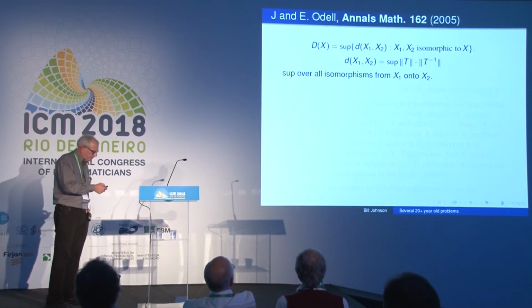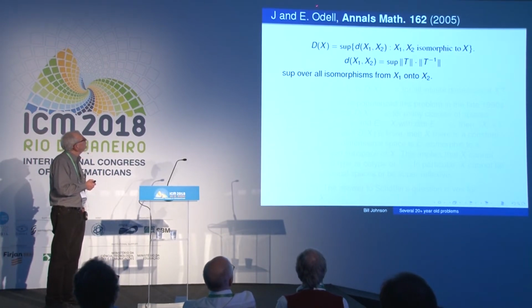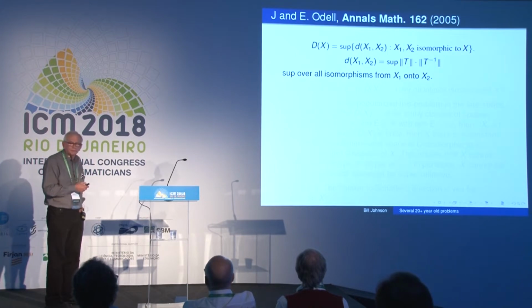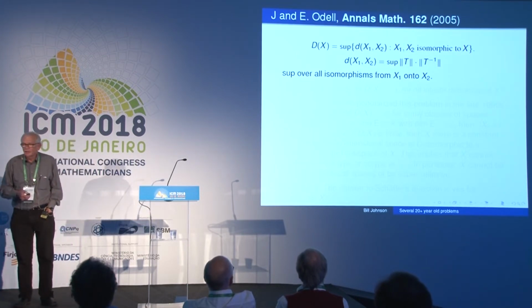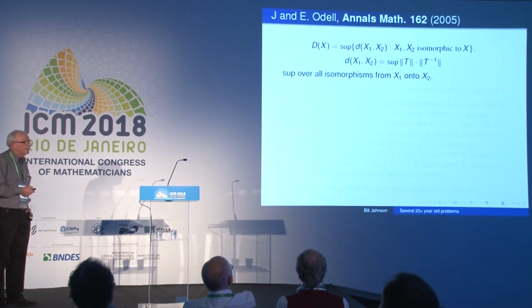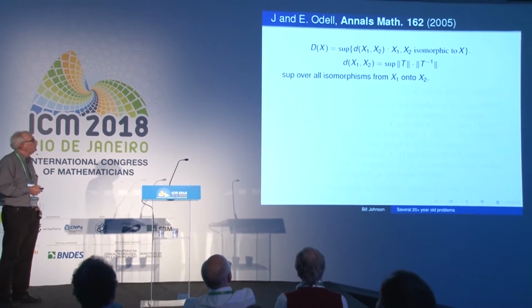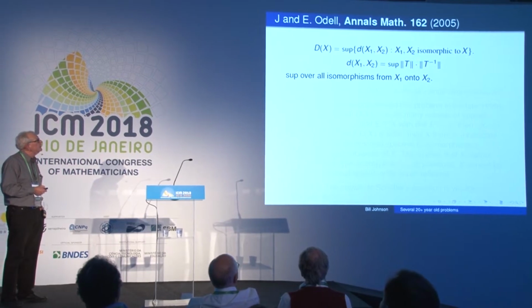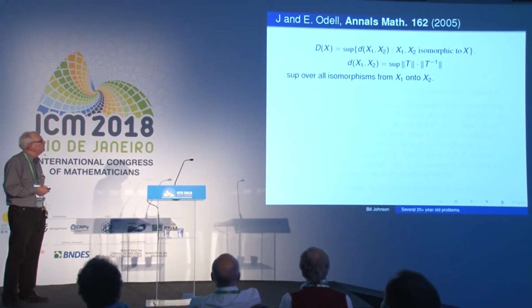I wanted to begin with this one, which is one of the oldest ones, because Ted Odell was my first PhD student, who unfortunately died much too early. There's one simple definition that was already made in the preceding talk. The isomorphism constant between two Banach spaces is denoted this way. You look at the